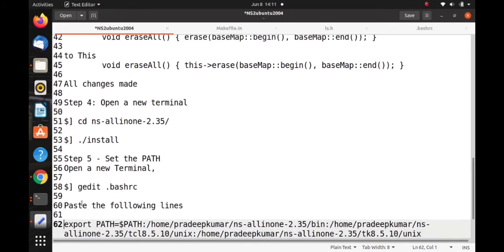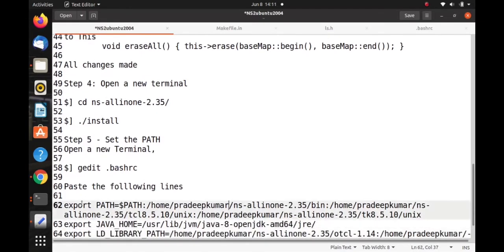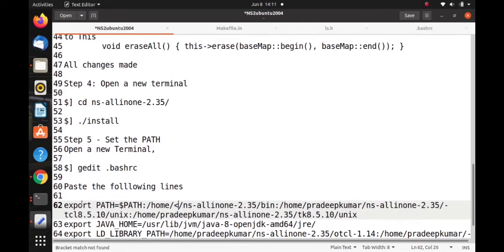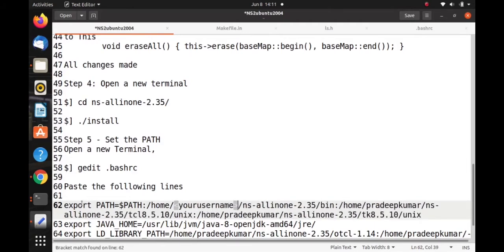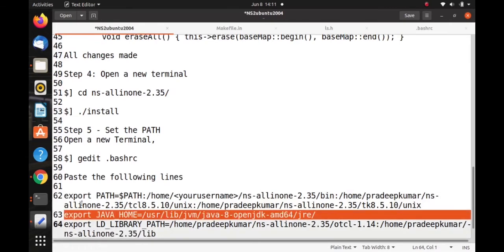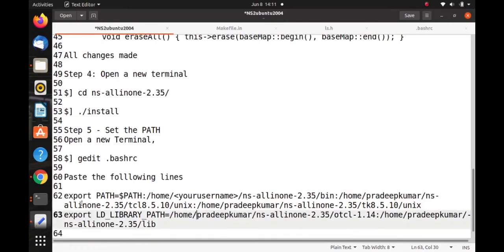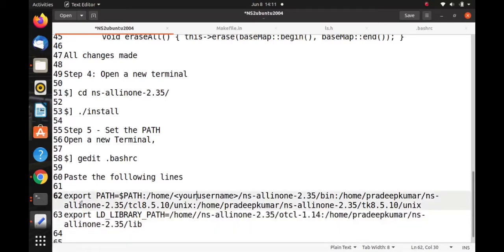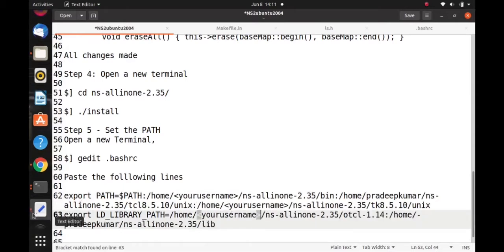In this case my name is home/Pradeep Kumar, but you might have installed under some other name, so use that name here. Instead of Pradeep Kumar you can have your username. Wherever Pradeep Kumar is there, use your username, the same name you use to log in to Linux. Java home is not needed, only this part.